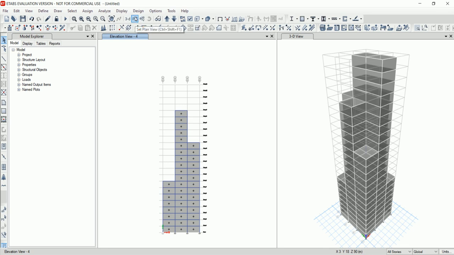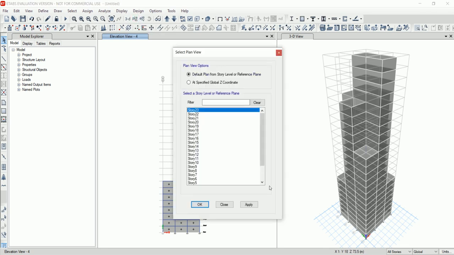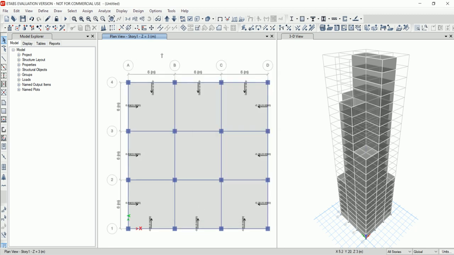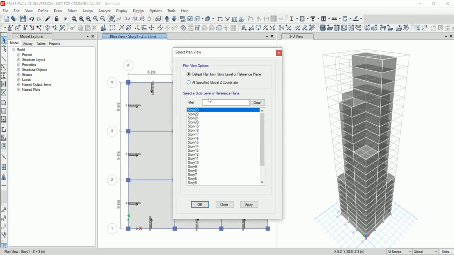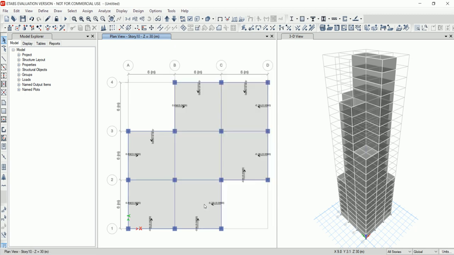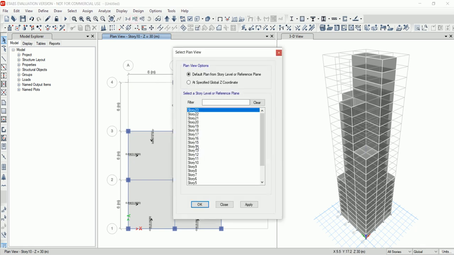Now go to plan view, select story 1, click on OK. Then again go to plan view and click on story 10 and again OK. Then go to story 15 and click on OK.